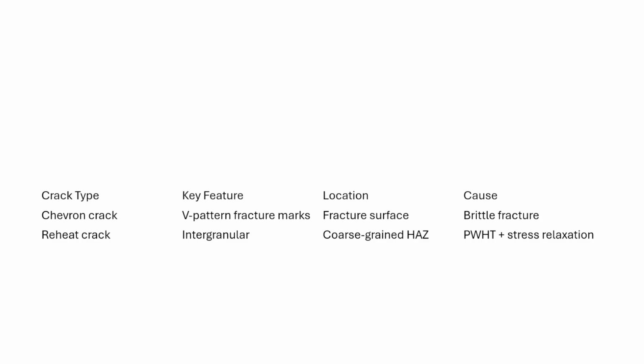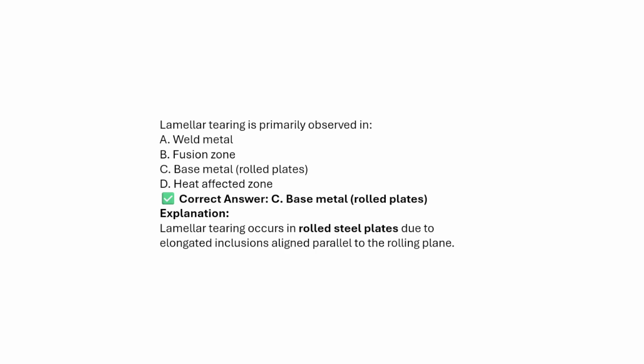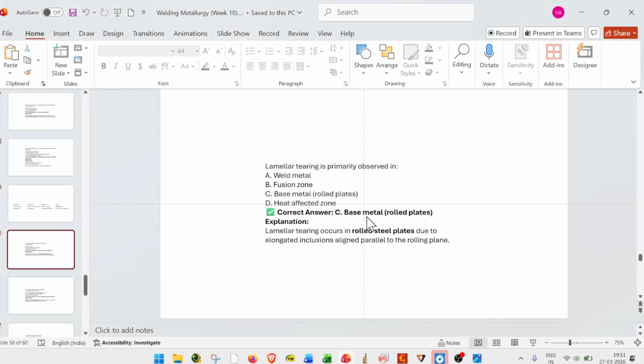Reheat cracking happens at the intergranular region. If we have coarser grains in the HAZ, that will result in this kind of reheat cracking. What is the reason? Because of carbide formation and weak intergranular strength, and stress relaxation during post weld heat treatment. Those are the reasons. Okay, coming to the final lecture of this week, that is laminar tearing